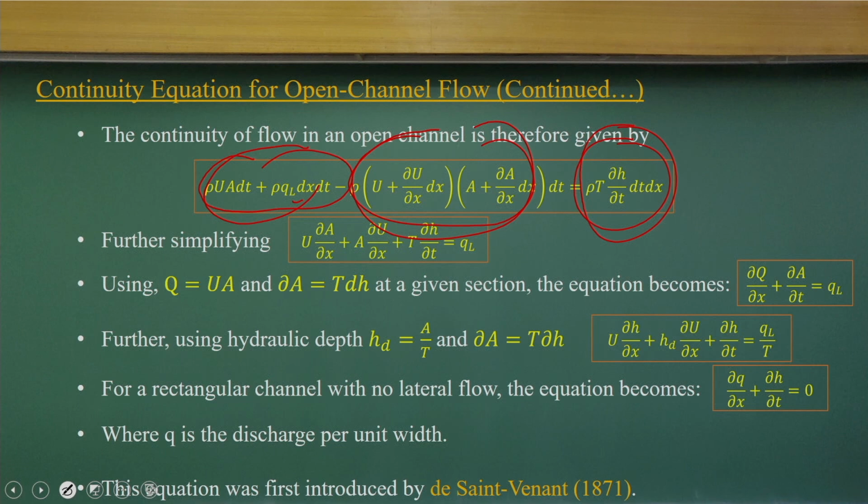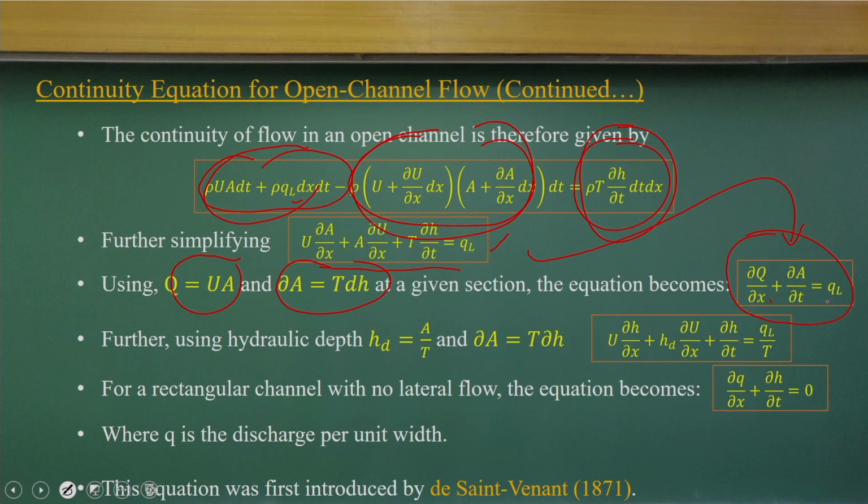If you simplify it, it comes like this. If you write Q equal to U times A, with area being the top width and dh, then this equation is again simplified into a transport equation of the partial derivative of Q in the x direction, plus the area with a time derivative,